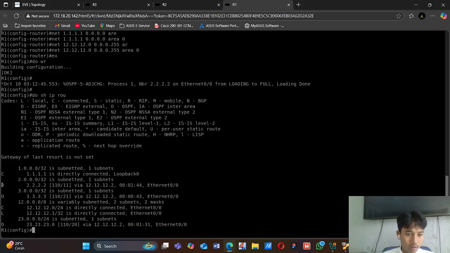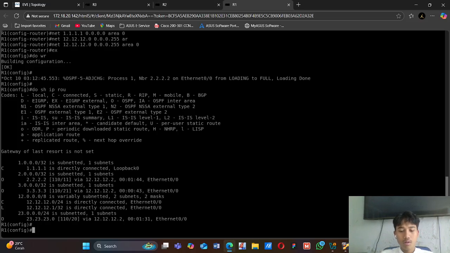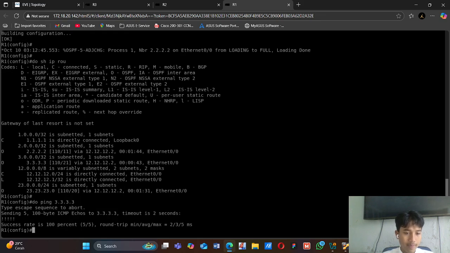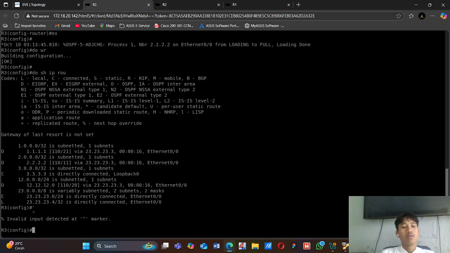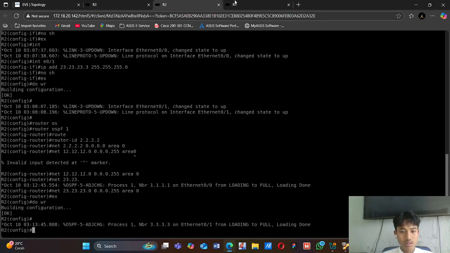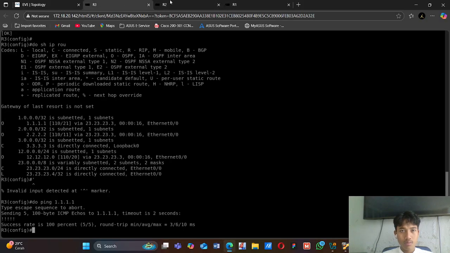It also has the loopback of router 3, and lastly we will ping from router 1 to router 3. Okay, the success rate is 100%, which means the configuration went well and is successful, guys. Okay, same, success rate is 100%.